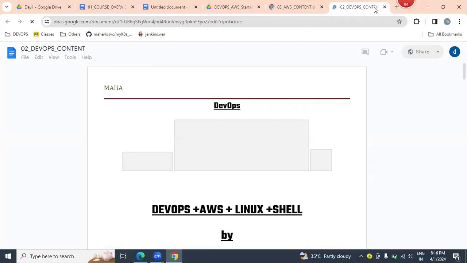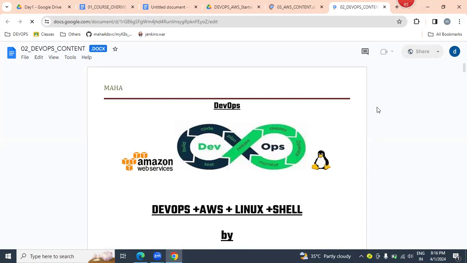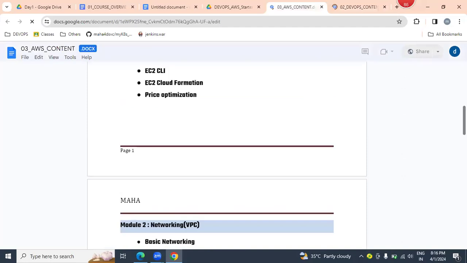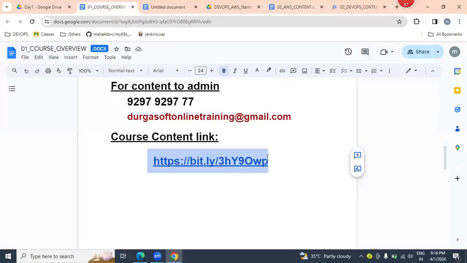In total, there are 20 pages of DevOps content and 10 pages of AWS content, which you can use to revise. I am sharing this information in the chat box, please get it. If you double click, you can open the link and revise.